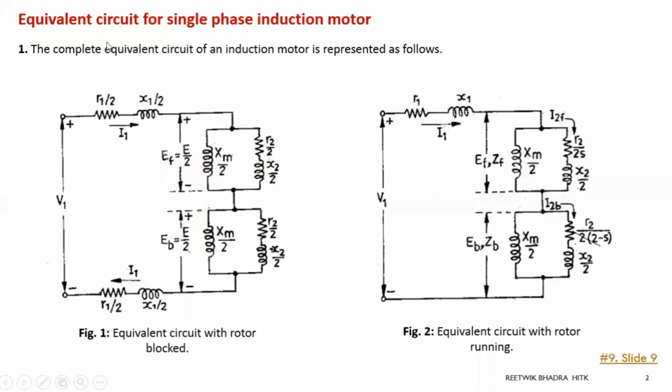So now what we will do is the equivalent circuit of a single phase induction motor. As we have also done the equivalent circuit of three phase induction motor, we had seen there was a stator quantity R1, X1, RC, XM, and on the rotor side there was R2, X2 and R2 into (1 minus S) by S. If you recall, these are the quantities which are present in three phase induction motor. Same thing would be over here also.